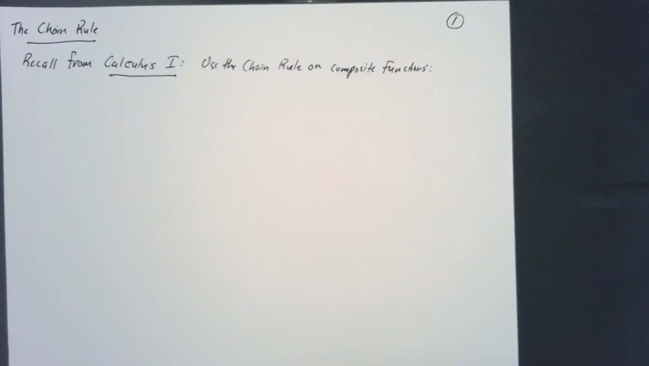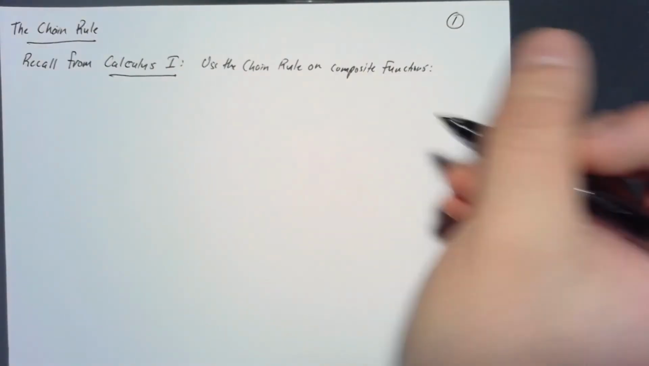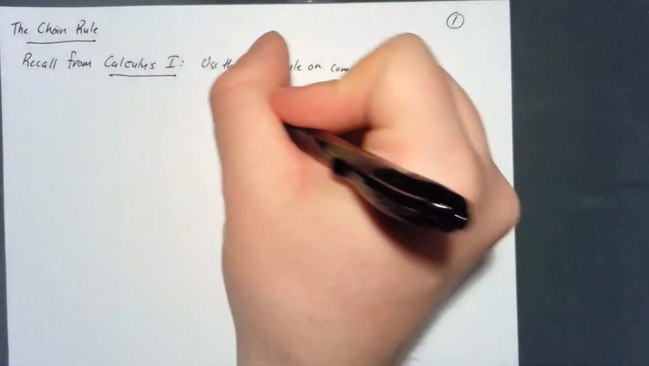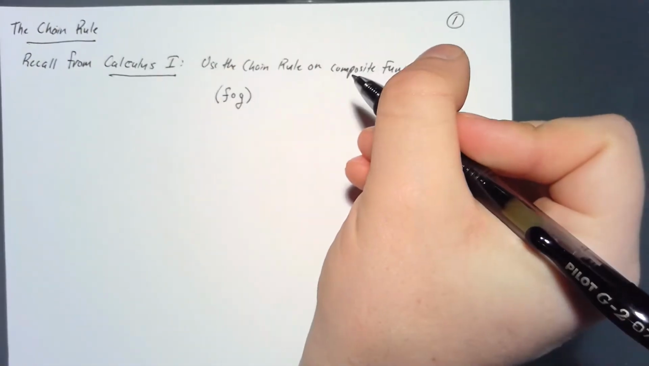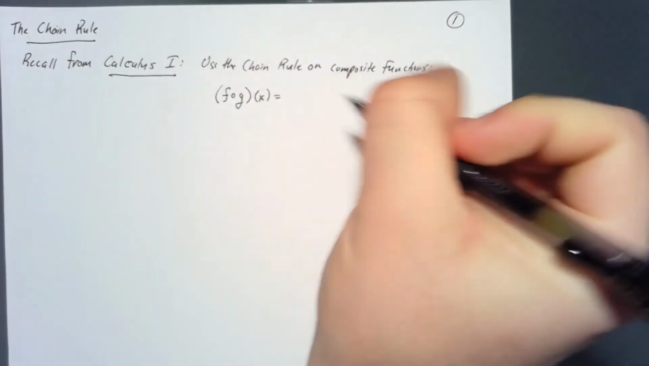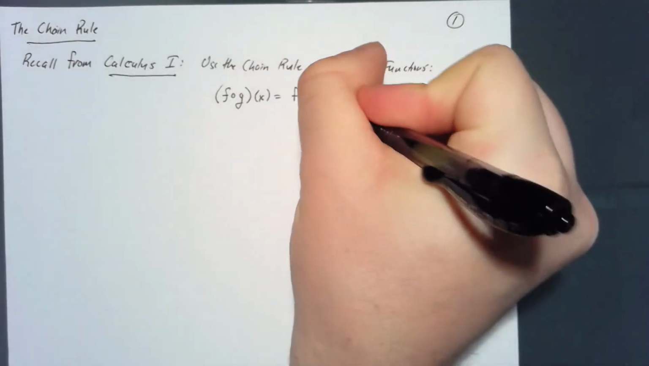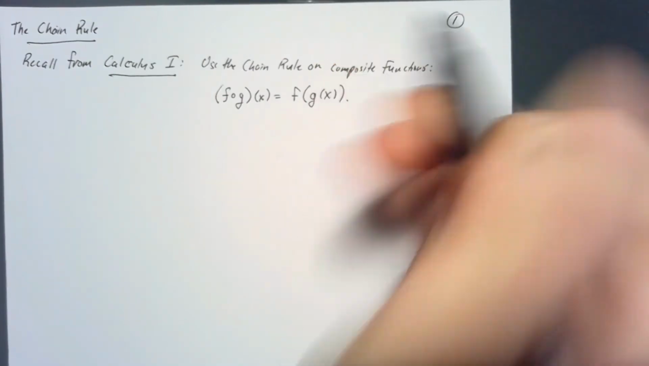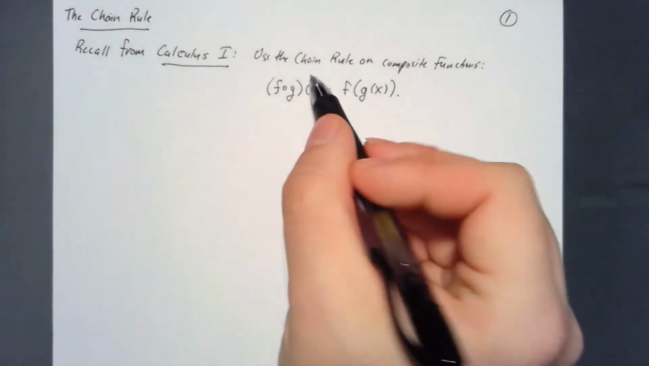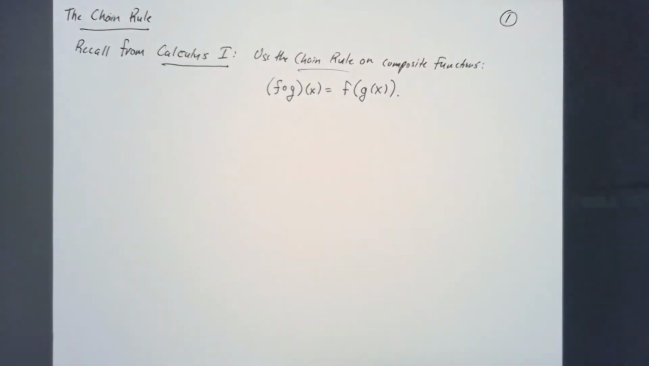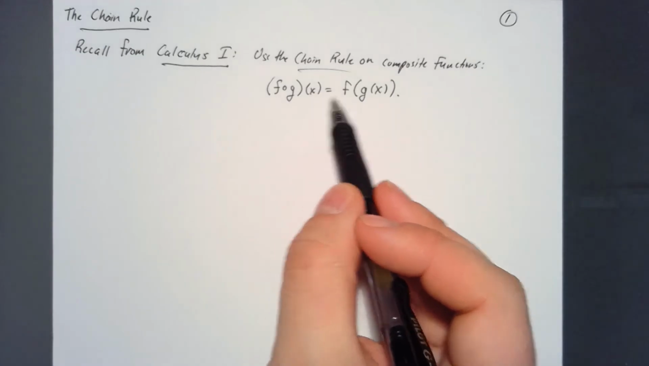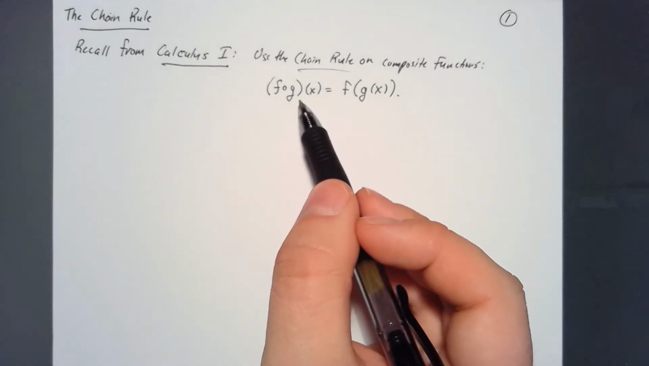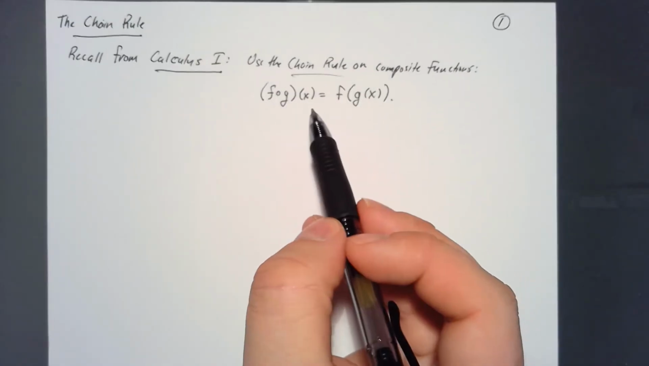Which look like this. F composed with g of x equals f at g of x. So we use the chain rule on functions like this when we're doing derivatives. But as you already know, in Calc 1, this is a single variable function. So what if we use the chain rule on functions